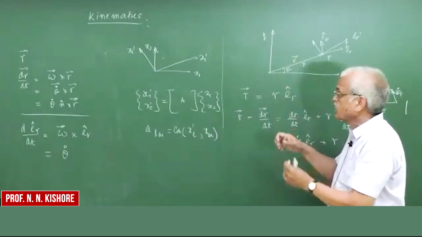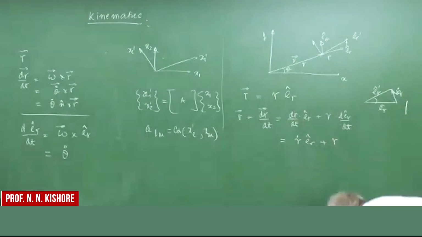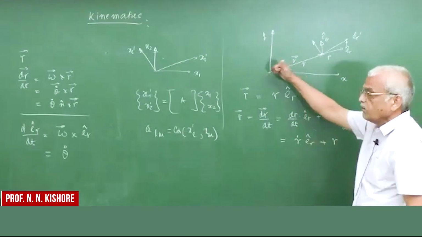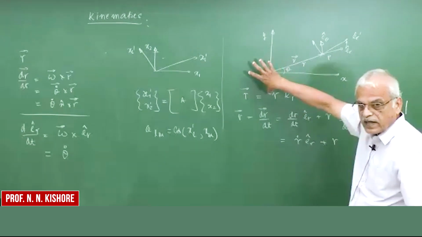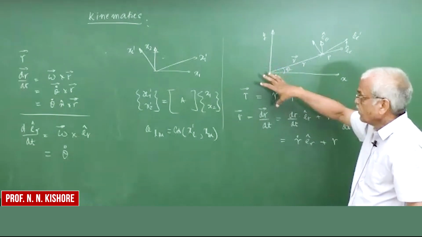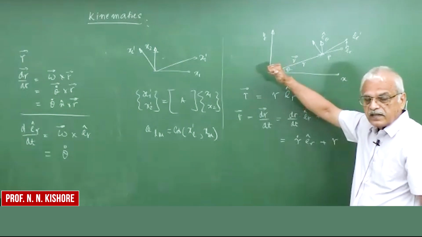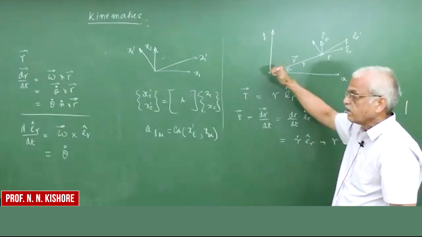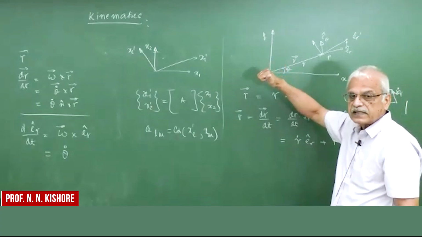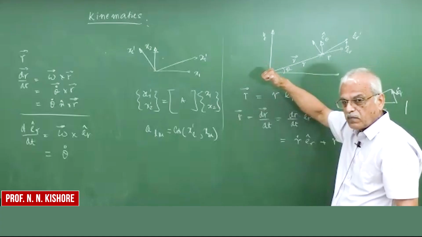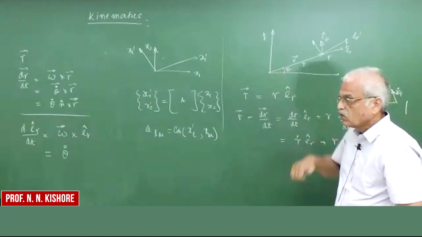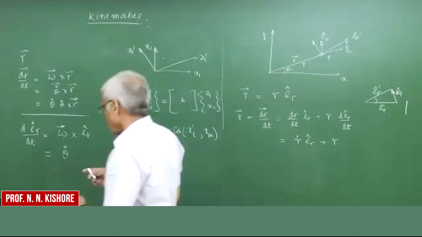So the angular velocity here will be in this direction. If theta is having a counterclockwise motion, then in the form of a vector, the angular velocity vector can be shown in this direction, which is perpendicular to the board, and it is k. So we can write it as theta dot k,